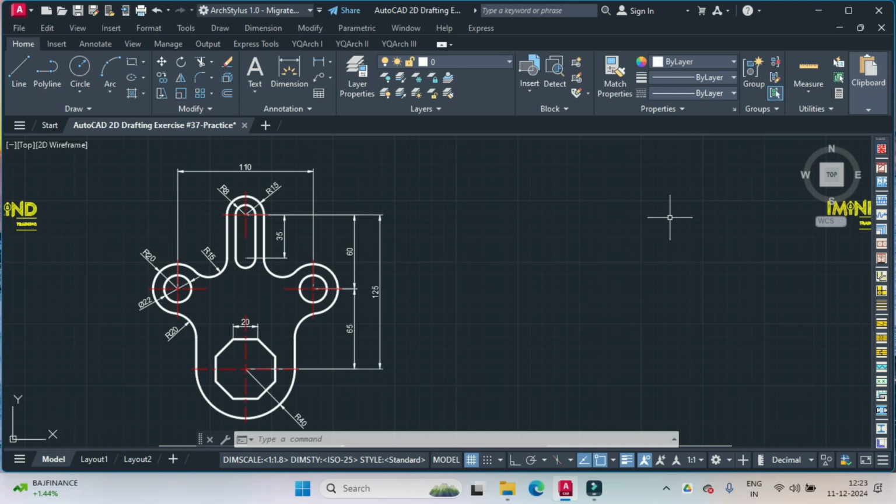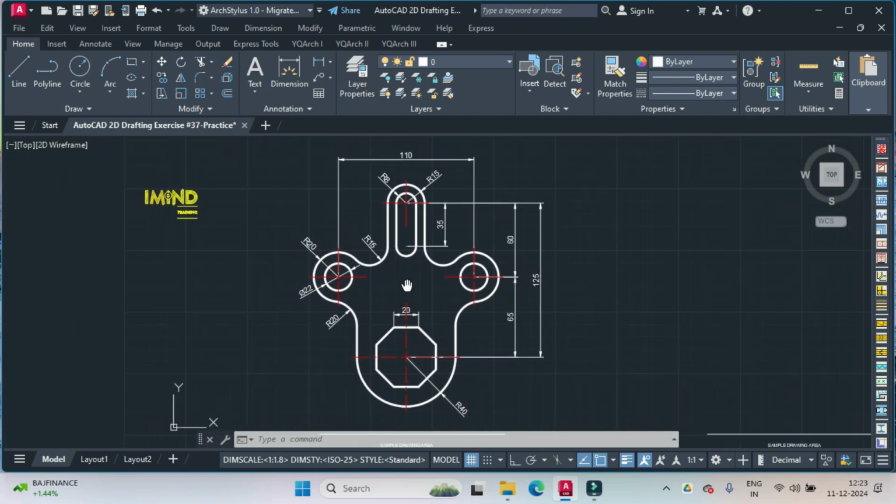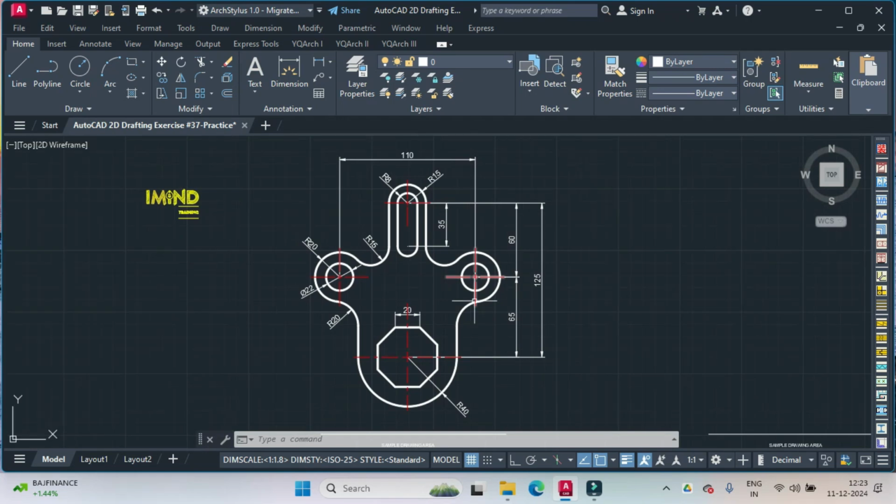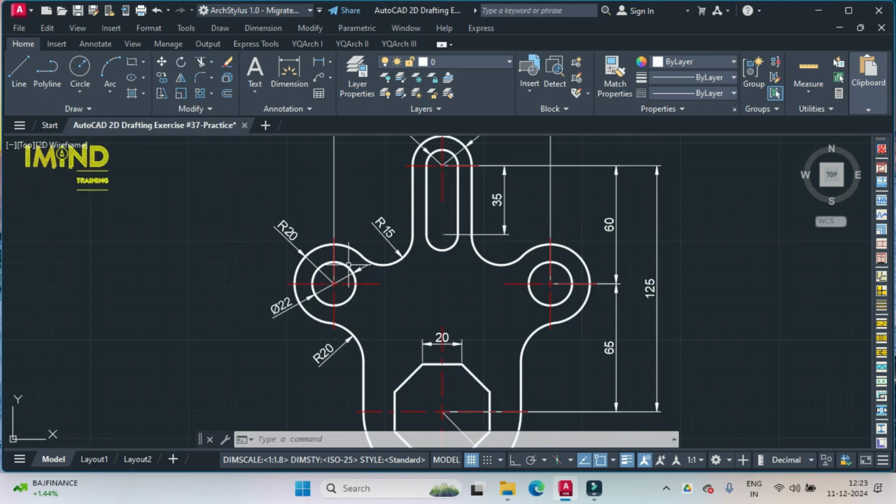Hi friends, in today's video tutorial we will study how to prepare this geometry in AutoCAD. As usual we'll first spend some time analyzing this drawing and trying to see how we'll proceed with the geometry. After analyzing this drawing, I feel that the best starting point would be drawing this inner circle. So we'll first begin by drawing this inner circle of 22 dia followed by this outer circle of